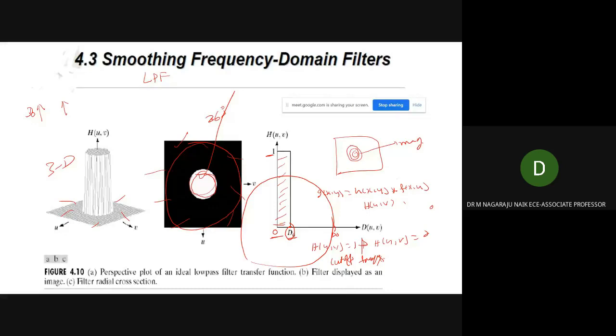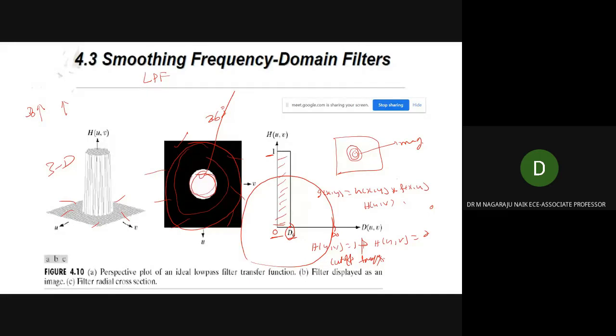As the points are zoomed, the rings disappear. That means it is smoothing. This is expanding, which is blurring, and expanding to the entire image.